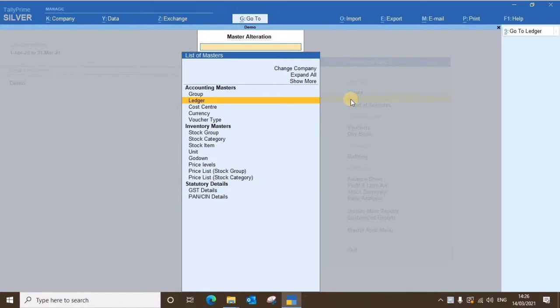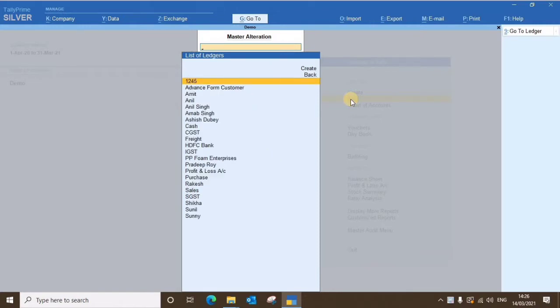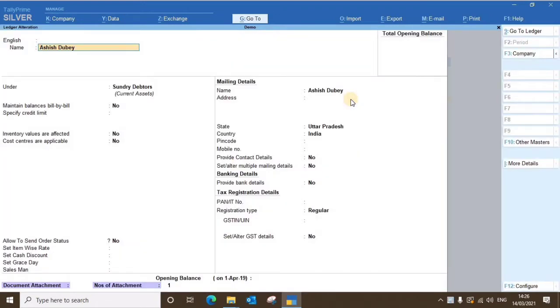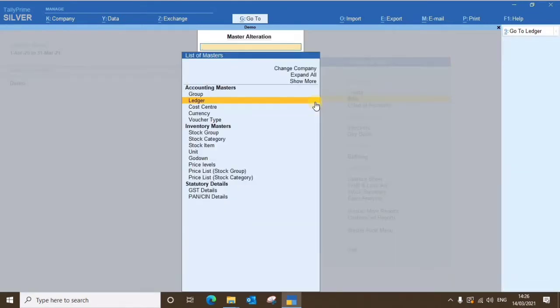Now in the ledger screen, you can select your vendor master and check whether it exists or not. If the vendor master exists, check your vendor master information: address, PIN number, GST number, whether all of it is entered in the master or not. If not filled in, you can fill it in and re-accept this screen. After filling it in, you can check your product master.